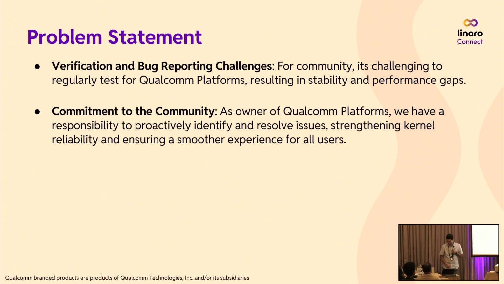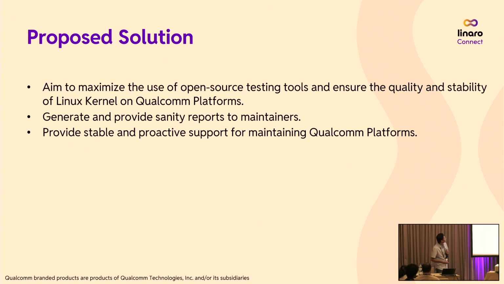The problem statement was clear: we want to make the upstream kernel more stable, especially on our Qualcomm chipsets, which have had somewhat loose testing here and there, because till now we were not involved in much of the testing of these platforms. That is one motivating factor for why we did it. The other is to be committed to the upstream or open source community, to support our Qualcomm platforms, take ownership of making the kernel more stable, and report whatever problems we find.